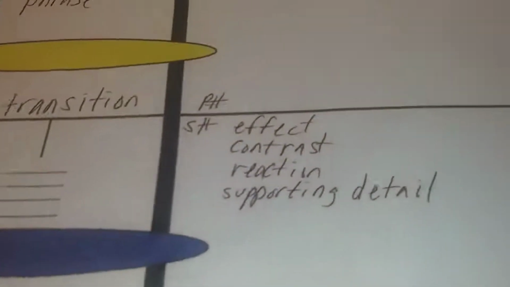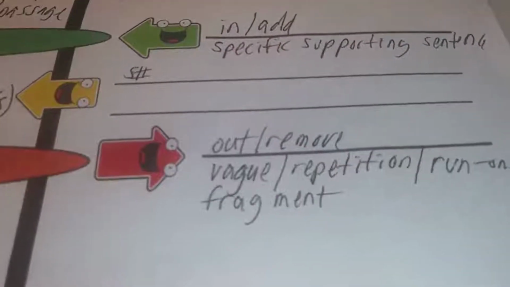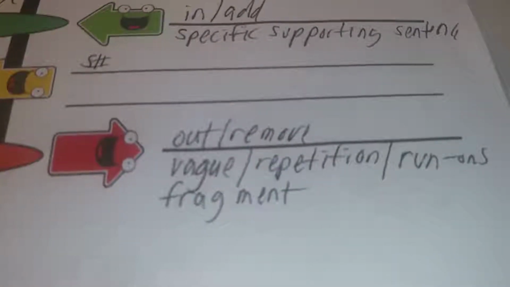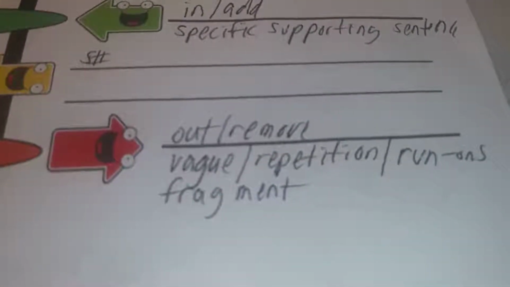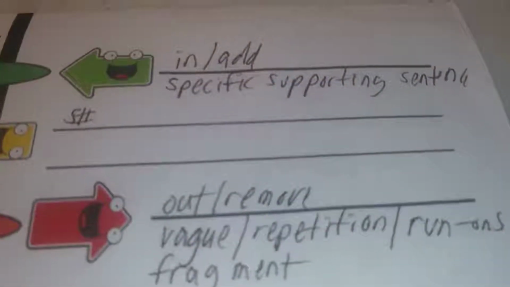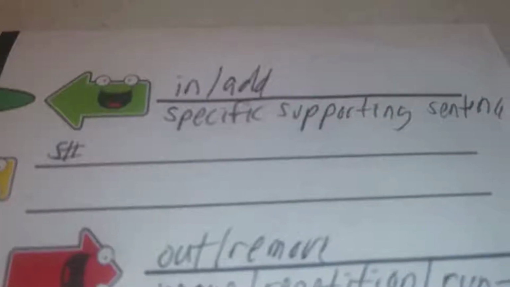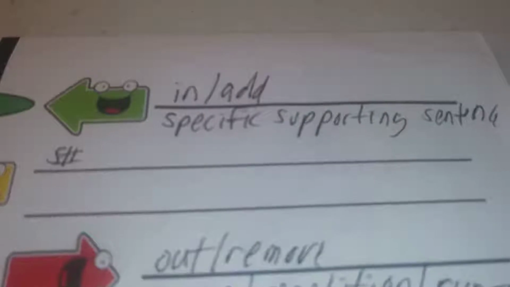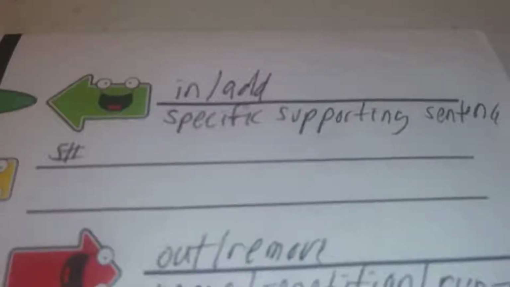So the idea is start at the word level, see if there's any where all your kids have to be able to do is understand a sentence and how to do something with a word. Normally, what they're going to ask your kids to do is take out a word, remove it, because it's too vague, it has repetition, a run-on, a fragment, or it has nothing to do with the content or the meaning. They'll replace that word, put something else in, or add something that's more specific, that's supporting of the sentence, or